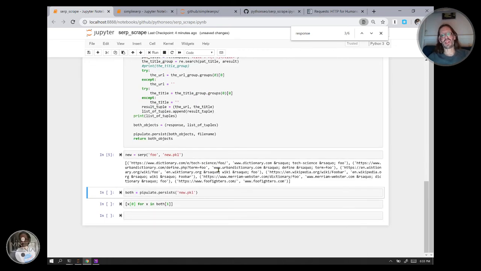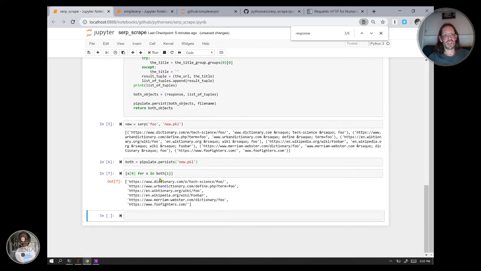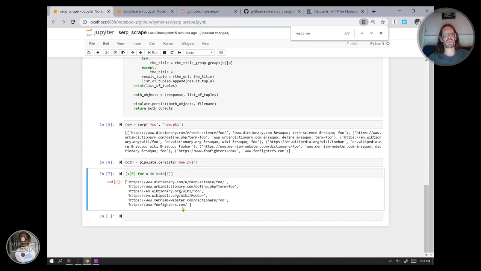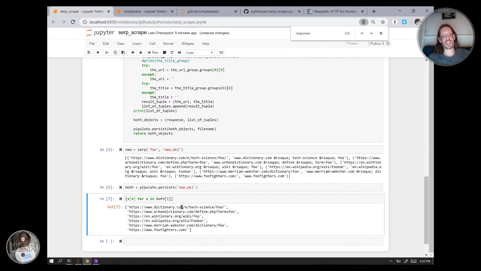Yeah, that's a lot better. That's just on the word foo that's being returned. Now both is being set to pipulate.persists, and we can see all the URLs for the first page of results of the foo, which is 1, 2, 3, 4, 5, 6,